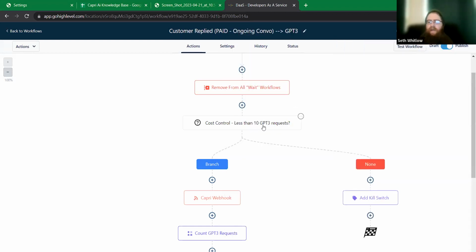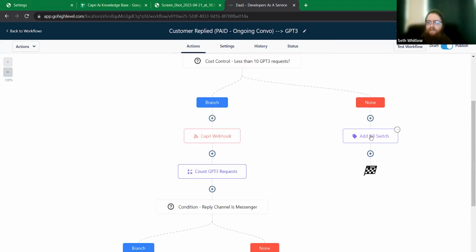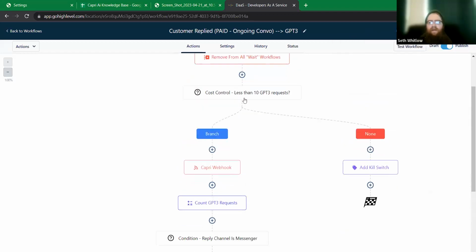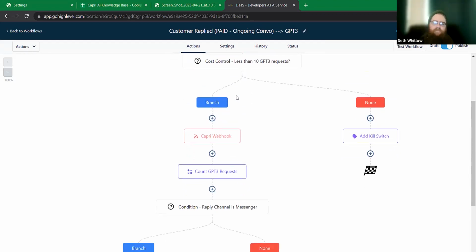And if they have gone over 10 requests, it'll send them down this branch here and add the kill switch tag. And the kill switch tag essentially makes it to where the bot will just not respond to that person anymore, but an actual human can come and take over. But this essentially just completely takes them out of any kind of responses or anything like that. If they're not over that limit, then it sends them down here to the Capri